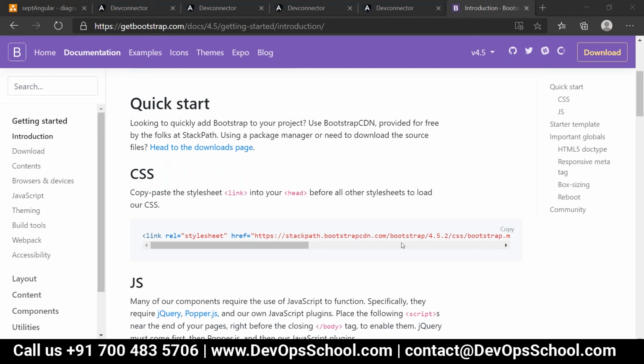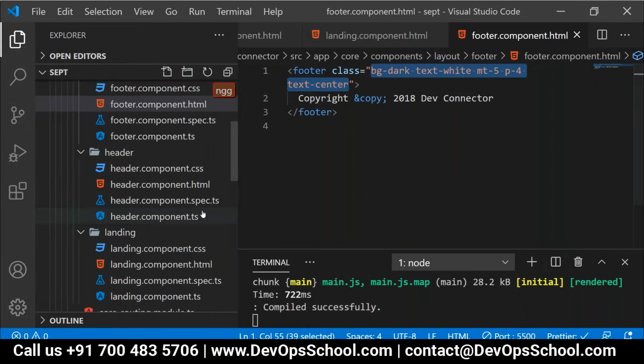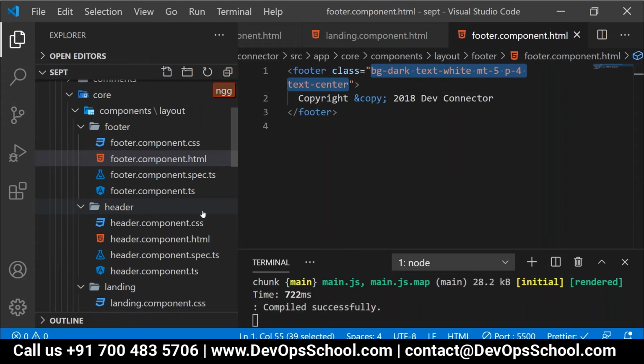Next one is my Bootstrap JS related CDN, the bootstrap min.js. All this stuff I have provided on Notepad PW. The next part is what? Now what do you need to do? These Bootstrap CSS classes, are we going to use them throughout the application?